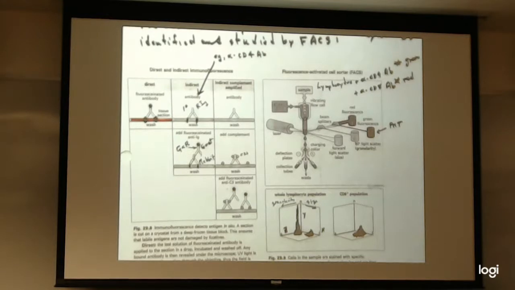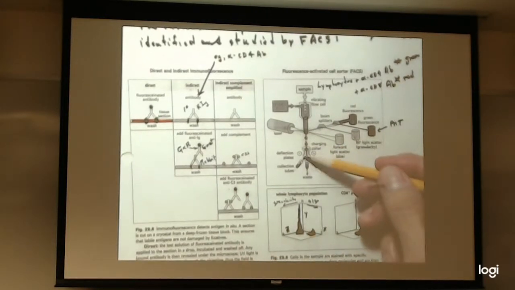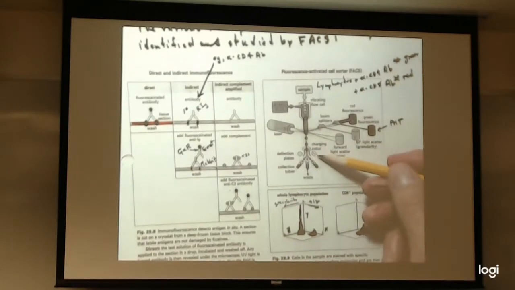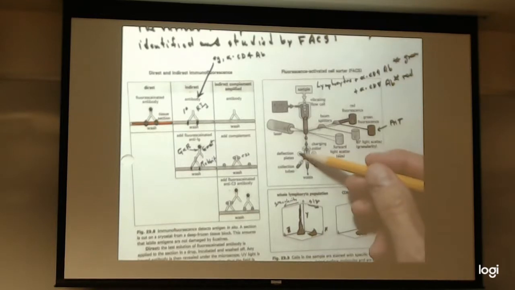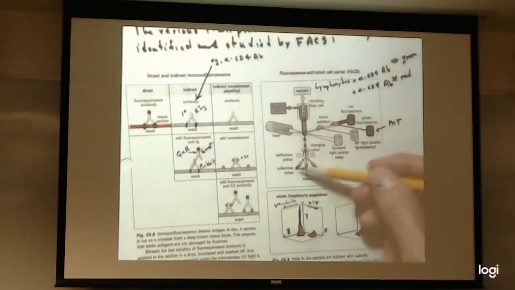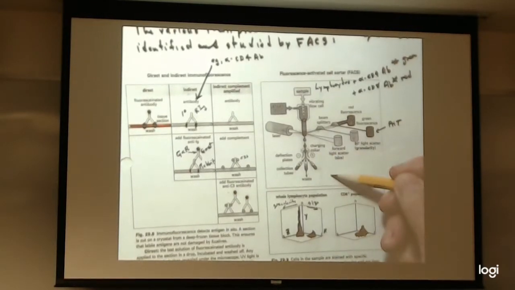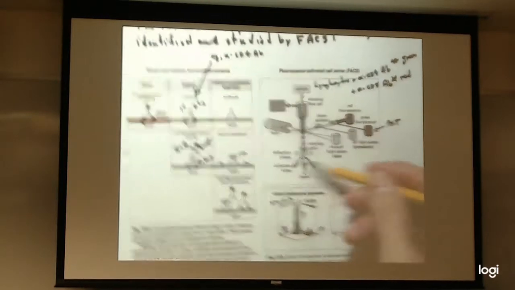Some droplets have 0 cells, some droplets maybe have 2, but most of the droplets have just 1 cell. Here's where we put the charge on, and then we have a positively charged electrode here that the negatively charged droplets move towards, and here we have a negatively charged electrode that will attract the positively charged droplets, and here we have, of course, a positive electrode that will attract the negatively charged droplets, and in this way we separate the populations of cells